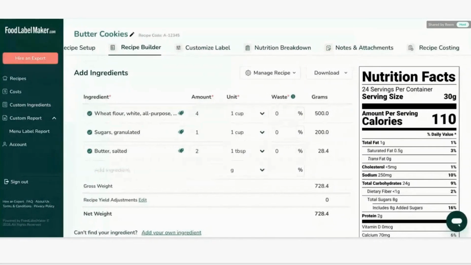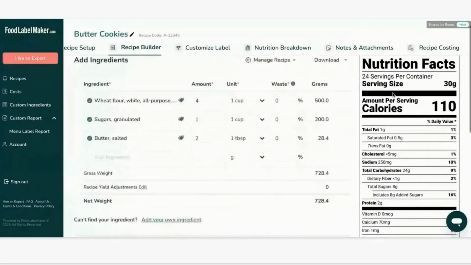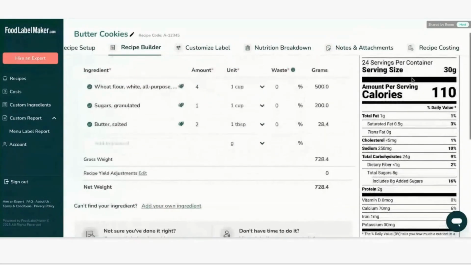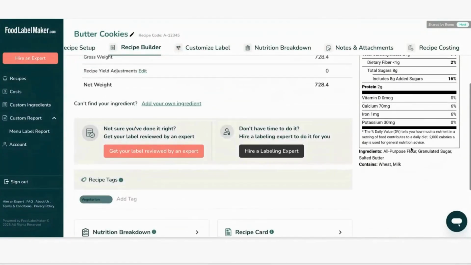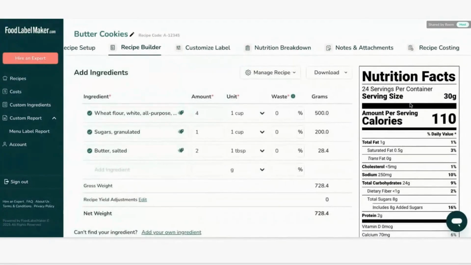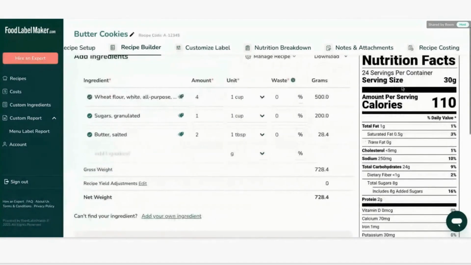But my point here is that you can see that to the right side of your dashboard, your NFP is almost ready with the ingredient statement list generated, of course, in decreasing order of weight, and the allergens highlighted based on what's present in your ingredients. That's number 1. The second part of creating your recipe's ingredients is, let's say you had a certain ingredient that